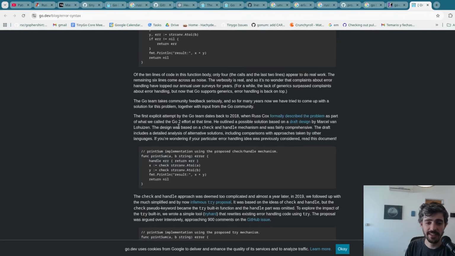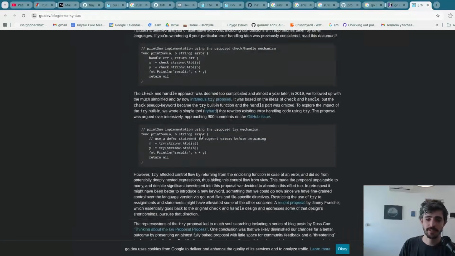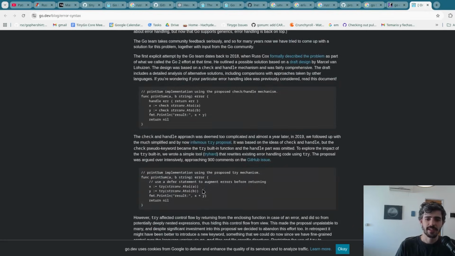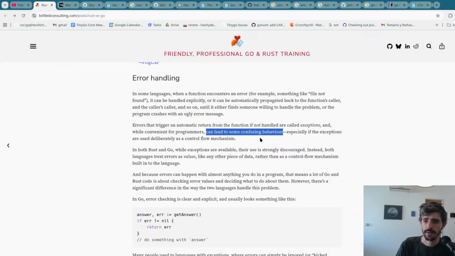There won't be any error handling changes in Go, because there is no clear consensus on the benefits. And I think this one actually made it quite far. My issue with this is, what if you have a long function? It's at the end of the function. It's not readily visible, and it just hides away control flow, is how I feel about it. And I'm guessing a lot of people felt that way because we're not getting error handling changes in Go. So yeah, I went off track there for a second.